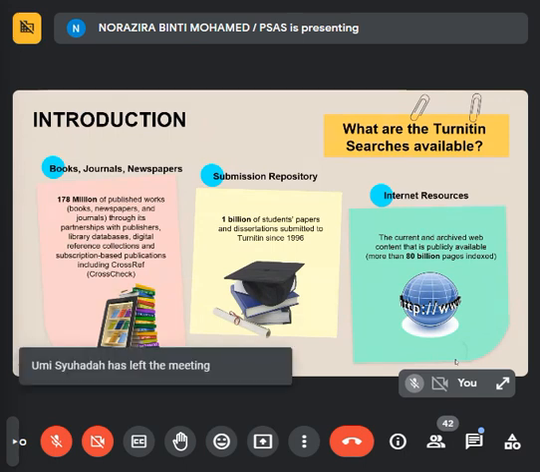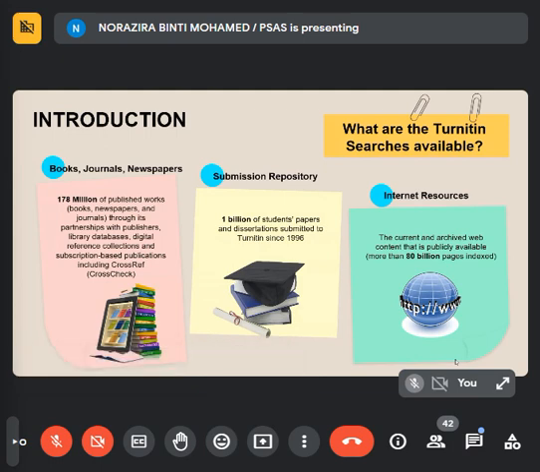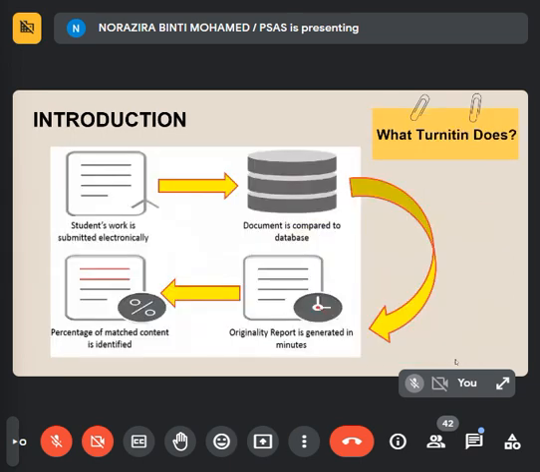So this is all the sources where Turnitin will search when you use this application. How does Turnitin actually work? You have to understand. This is for undergraduate, where you are doing your FYP, and for postgraduate you are doing your thesis paper. When you finish writing your FYP or thesis paper, you will submit your paper through the Turnitin app, submitted electronically because it is internet based. You can just create the account and submit it on the internet using the